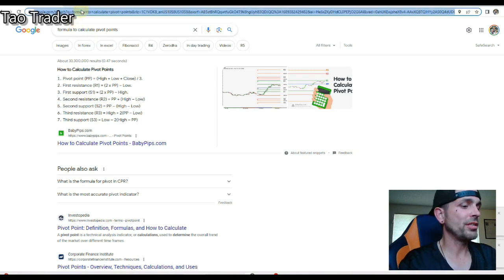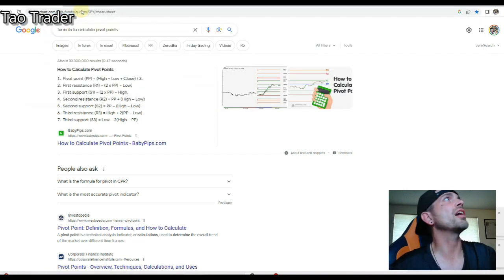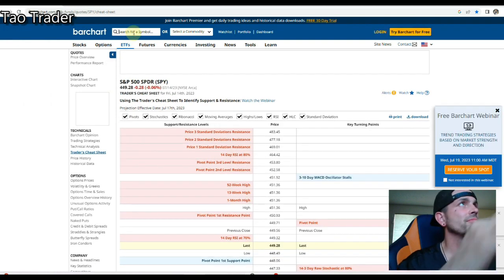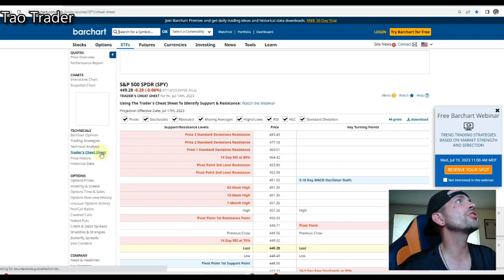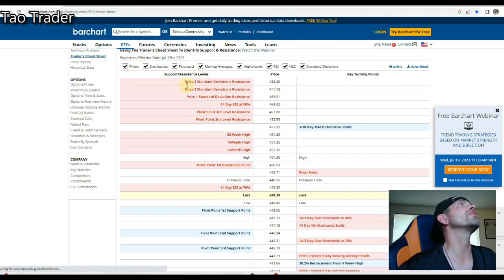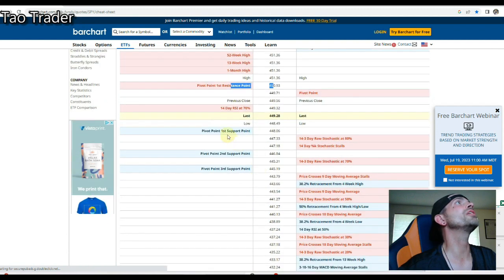An easy way that I like is to go to barcharts.com and type in the stock you're looking for up here, the ticker, SPY, whatever, and then go down to Trader's Cheat Sheet, and they will have your pivot points right here for you. Okay, R3 453.80, R2 452.58, R1 450.93,